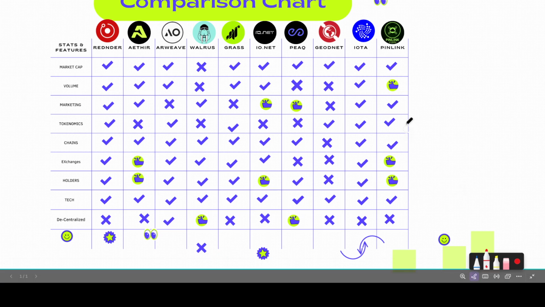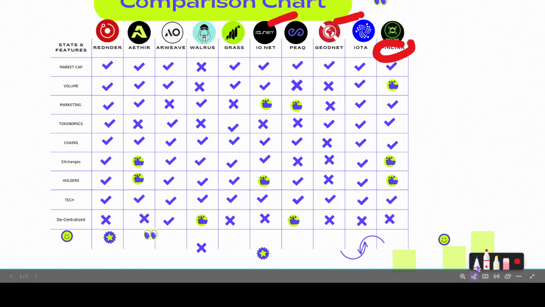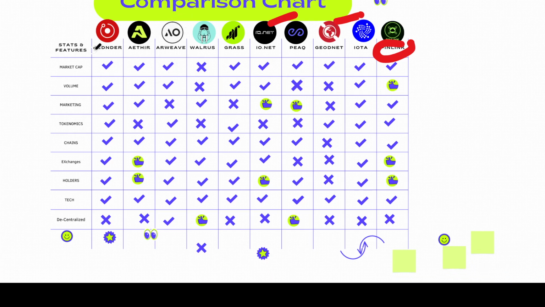Now, what I would say is a lot of these, so your PinLinks, your Geodnets, these are going to be more risky. I believe I can even throw IONET into that, but they've got Binance, so they have a centralized exchange. Whether the money flows in there or not is something completely different. Now, if I had to rank these in terms of score, Render is a no-brainer, because it gives you all of these check marks. But if I was going to put Render as a reference for checking out a lot of these, I do believe the most important